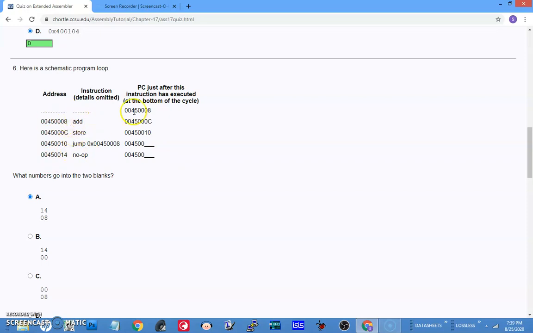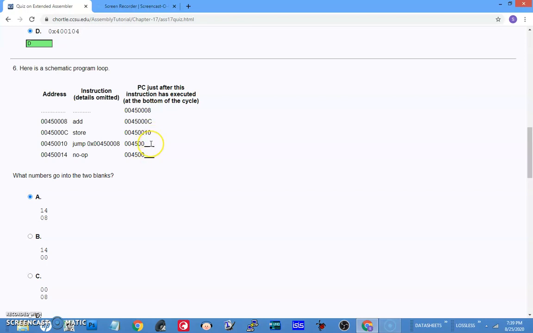Now the add instruction executes, and the assumption is that at the bottom of the clock cycle you are updating the PC. So towards the end of the instruction execution you are updating the PC. So the add instruction executes, and at the end of it the PC is updated. Now this store instruction is executed, and you are updating it as 10. Now this instruction is executed. At the end of this, we will be mapping PC to PC plus 4. So this will be 10 plus 4, it will become 14. Here it will be 14.